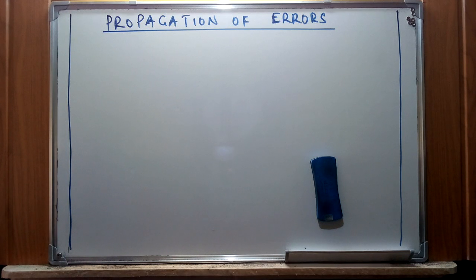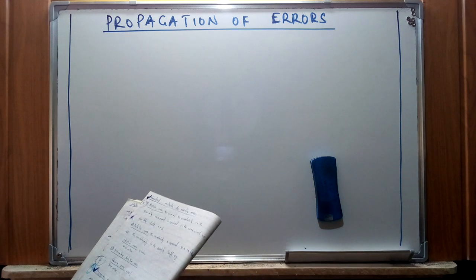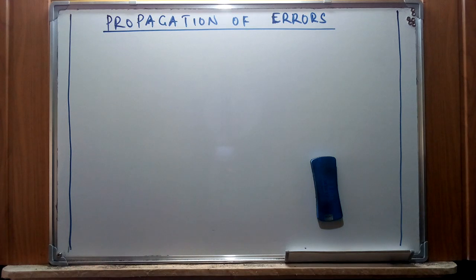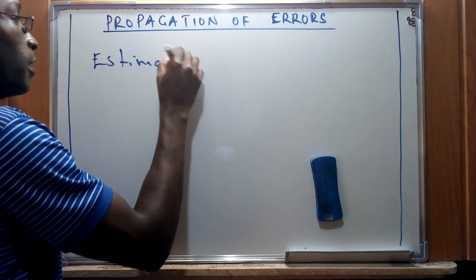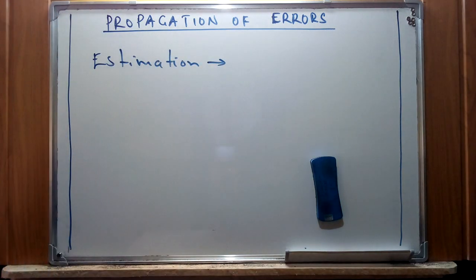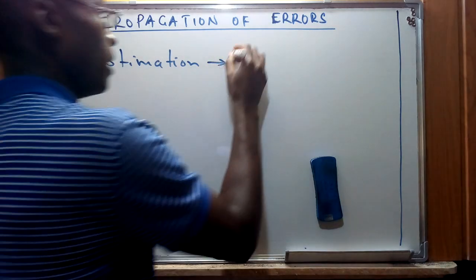So for today, we're going to look at propagation of errors. And as we have mentioned, propagation of errors is simply methods that are used to determine the error in a value, where this value is calculated using two or more measured values with no estimated errors. In our previous video, we talked about the estimation of random errors, and we said that the concept of estimation entails a rough calculation of values or rather quantities. And therefore we said that